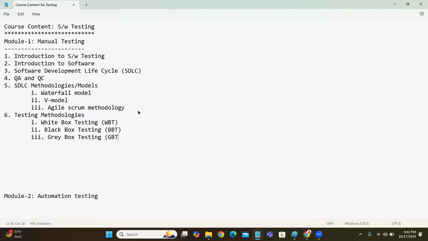Gray box testing. White box testing, black box testing, gray box testing. After these types of testing methodologies are completed, then we go for the different kinds of testing levels in the software development life cycle, such as unit testing,